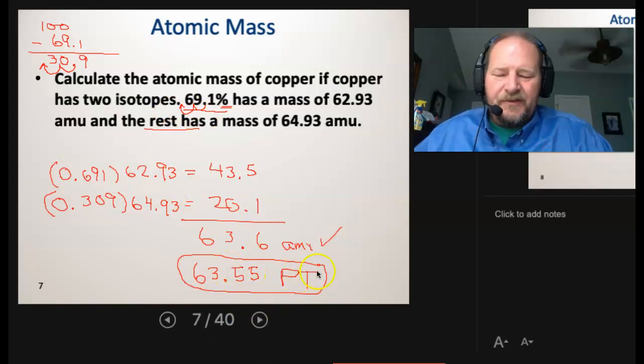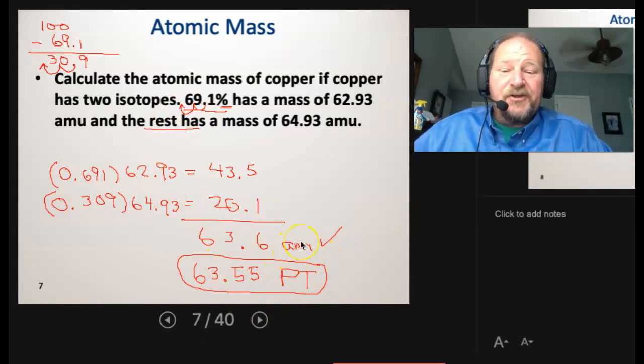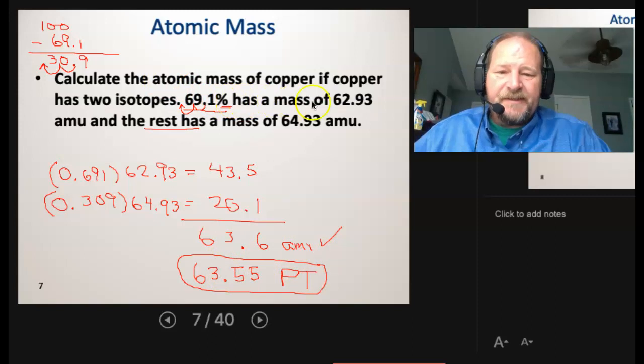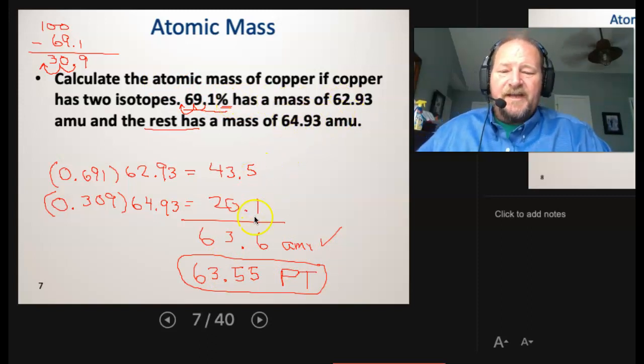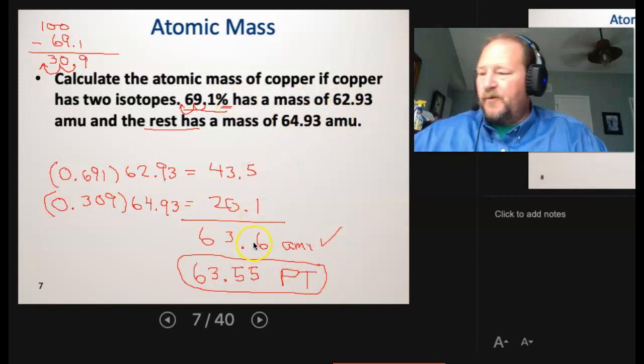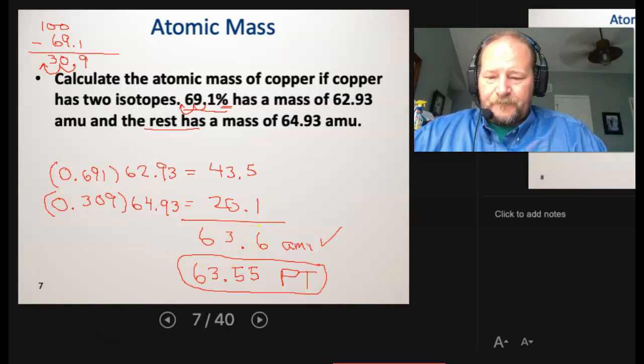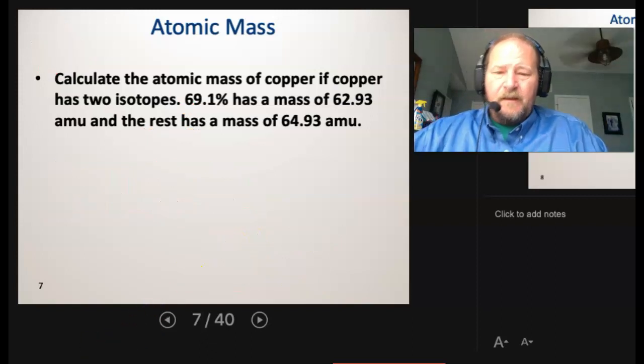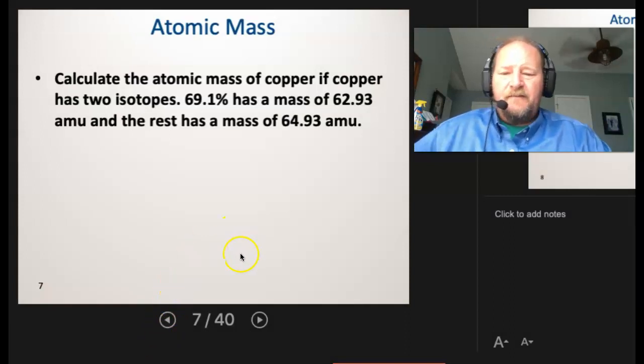We would consider this really good. We nailed it. And of course we should, because all the percent abundancies and all the AMUs are what's going to give us that decimal point that we see on the periodic table. So, to prove that, what I'm going to ask you to do